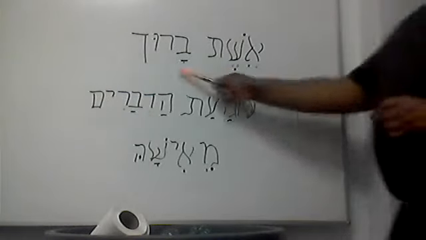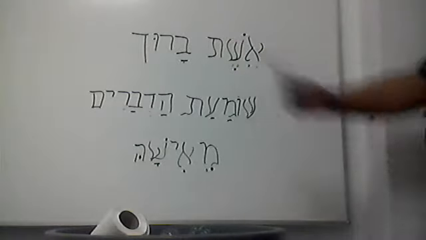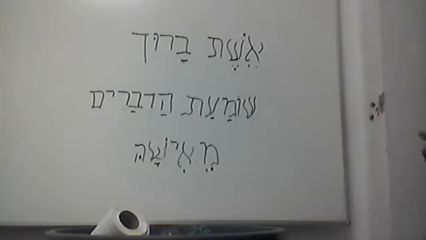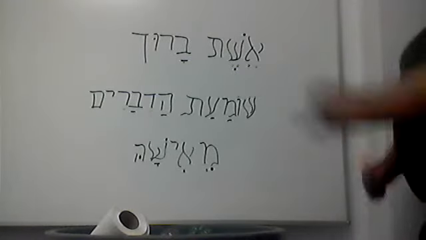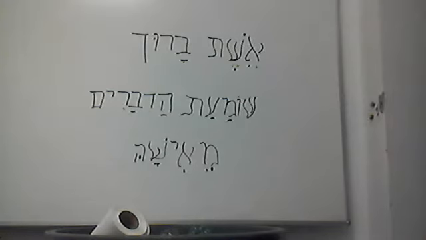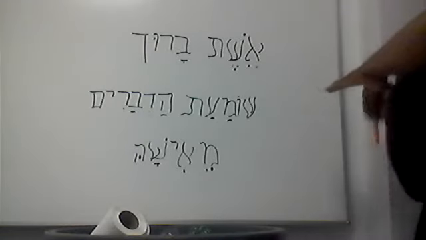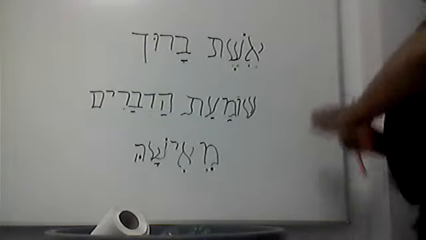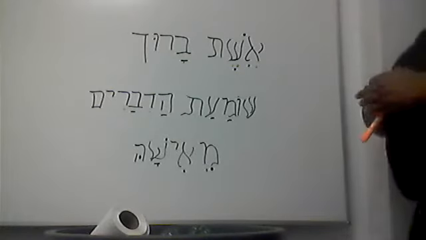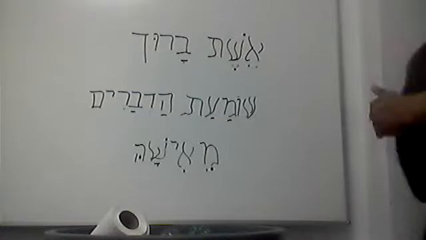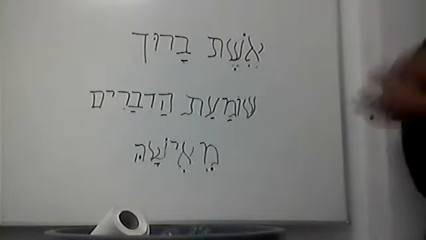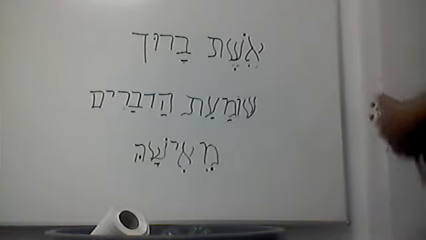Eshet Baruch, the wife of Baruch, or Baruch's wife, Shoma'at. Now, if you paid attention to lesson number 26, we went over Shomea and Shoma'at. This is why one should not skip a lesson and then continue to think that he or she is going to understand, unless you already understand what Hebrew is about. No offense intended. If you don't grasp what I'm talking about in this lesson, go back. All of them are still online, so you can see what it is. If you have a question, put it in the comment board. I'm going to put my number and my email at the end of this particular lesson, so you can contact me by text or by call or by email.